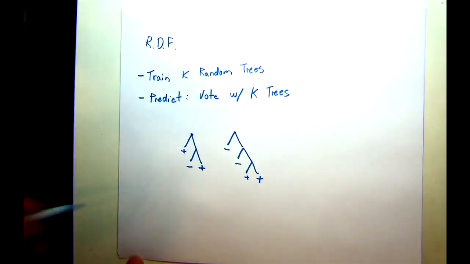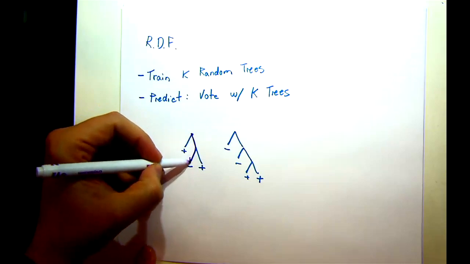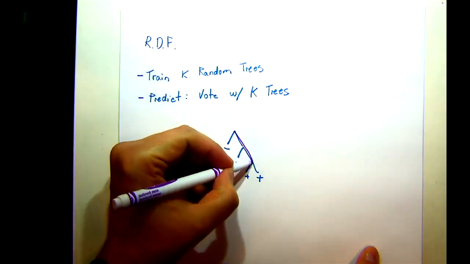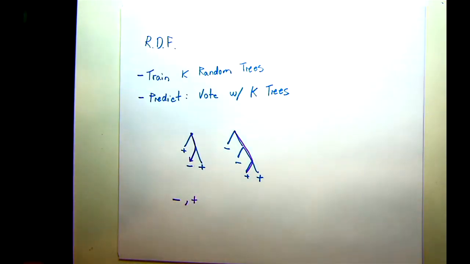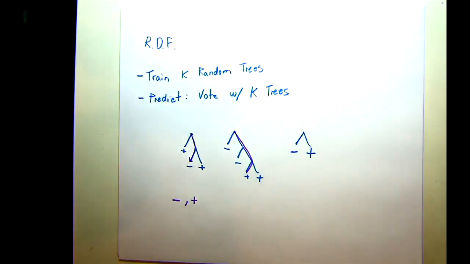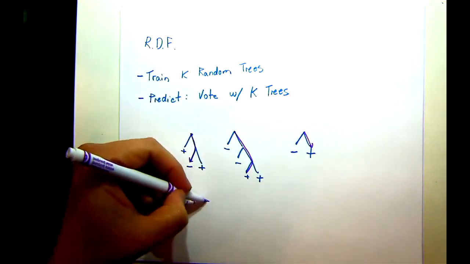But let's say that we want to predict an example. And so we come along and the example flows down this tree and gets to here. And so we'll say we have a score of a negative. Then we will do the same thing. We put it down here. It goes down this tree, and then we'll get a positive. Let's just draw a third tree just so my voting doesn't get a tie. And it goes down this tree, and we get another positive.